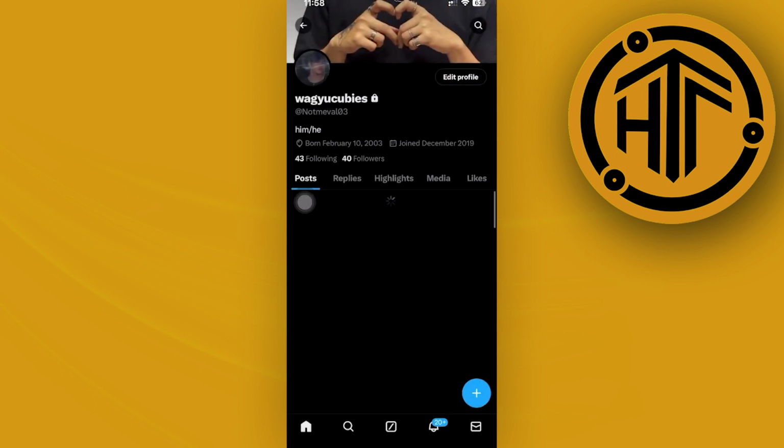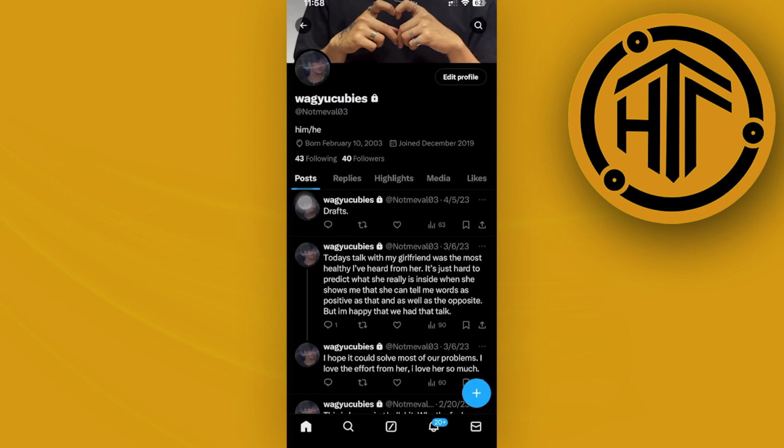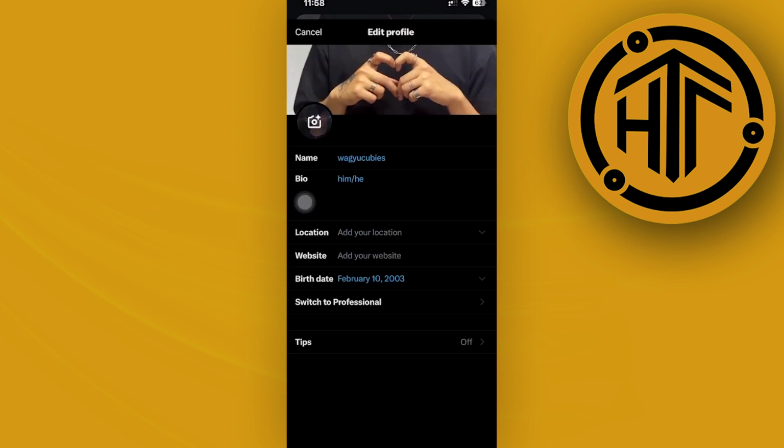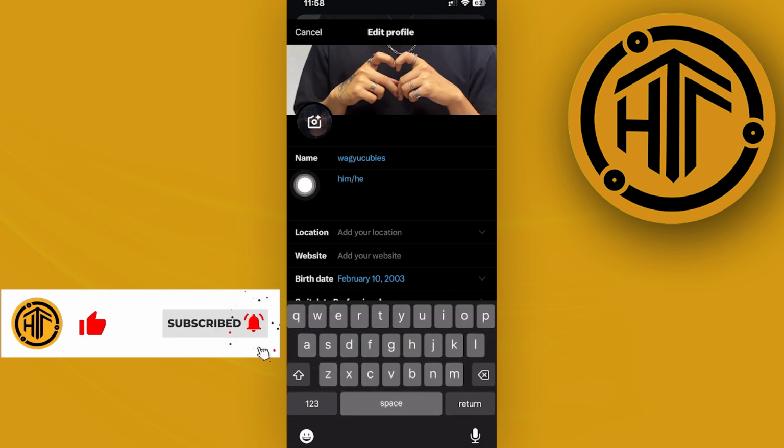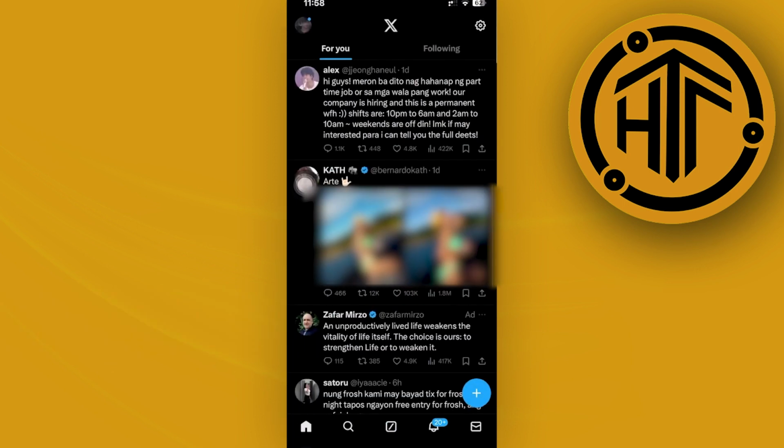Now tap on profile once more, and once you're already here, I want you to go ahead and tap on edit profile, and once you're here, let's tap on username or name, and we could actually proceed with changing our names through here. But if you want to go ahead and change your username, I want you to go ahead